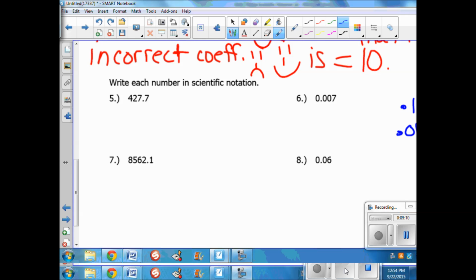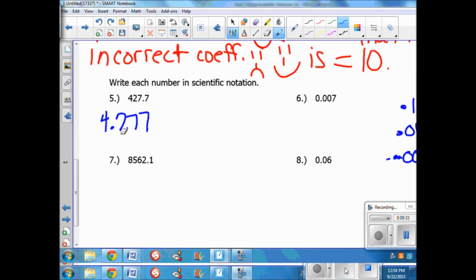Hundredths, THS. 0.001. There's our thousandths place. Okay. All right. So we know our coefficient has to be between 1 and all the way up to,